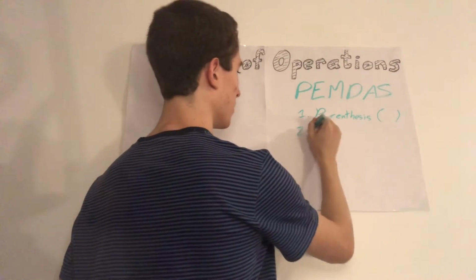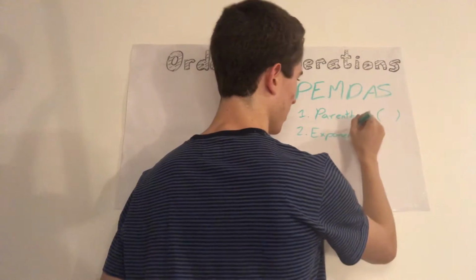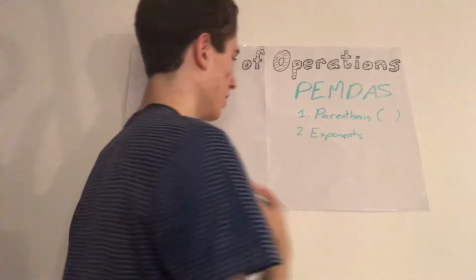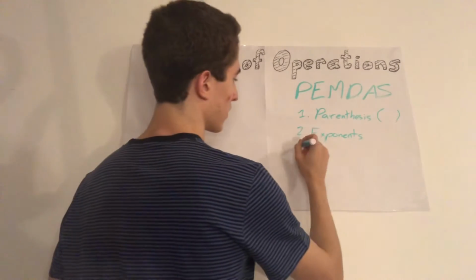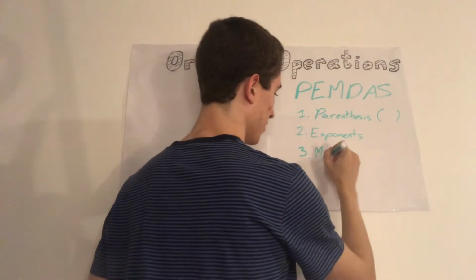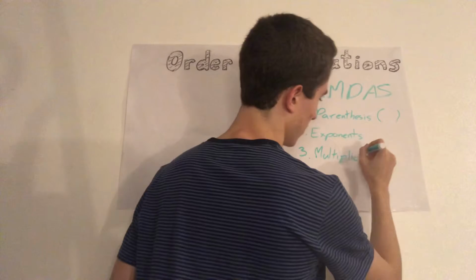Number 2, we have exponents. And these, if you don't know what they are, that's okay. I'm not going to get into them in this video, but we can make another video of them if you guys want to. Third, we have multiplication and division. And these two are together because,